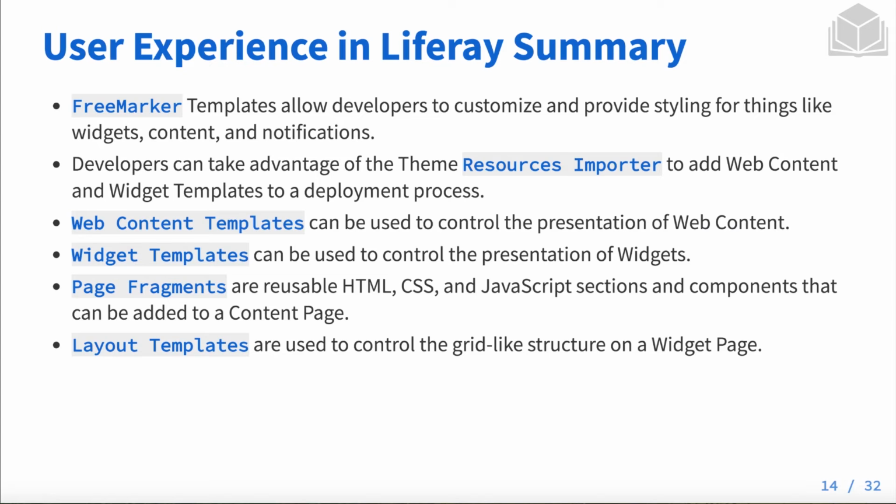So what we have here is FreeMarker templates are going to allow developers to customize and provide stylings for things like widgets, content, and notifications. Developers can take advantage of the theme resources importer, for example, to add web content and widget templates to a deployment process, and that's just one way in which they can do that. Web content templates can be used to control the presentation of web content. Widget templates are what we use to control the presentation of widgets,